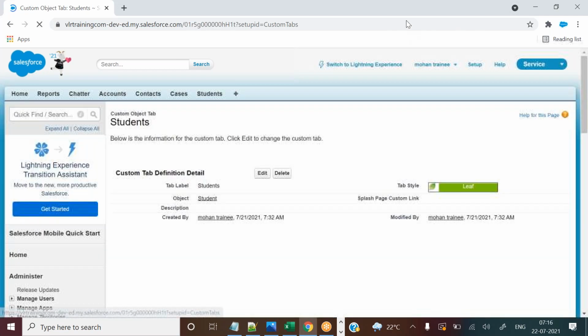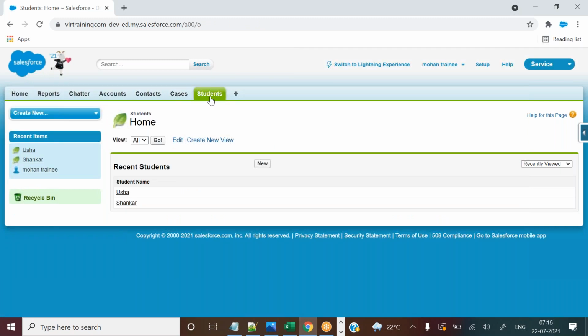So click on Students, and now this is the tab. The color of the tab is like a leaf color, and when you click on the tab, it will be highlighted with that color. So that's the benefit of the color.